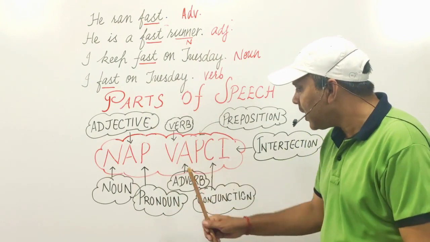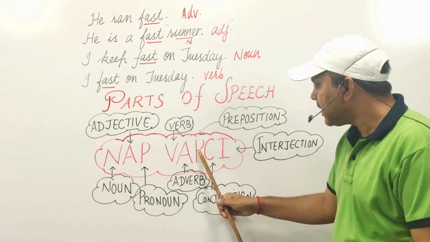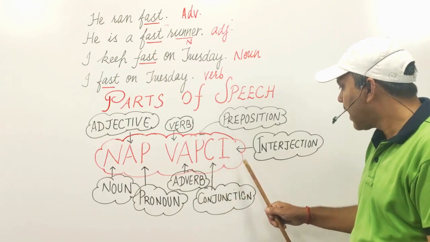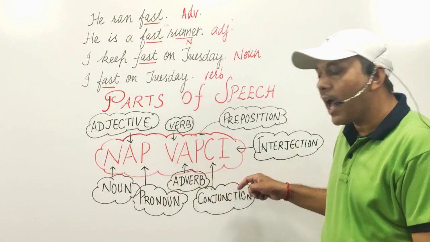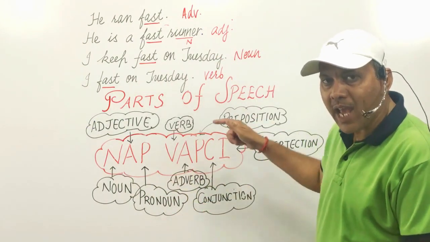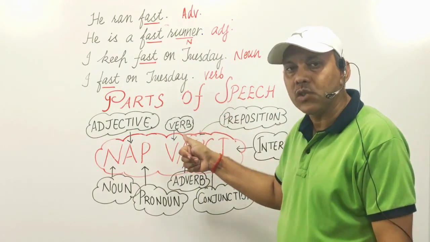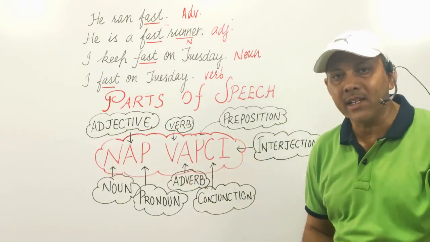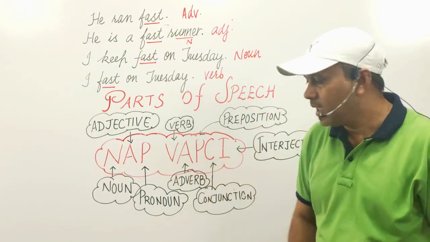And the next, V stands for verb, W stands for adverb, A stands for preposition, P stands for conjunction, and I stands for interjection. Every part of speech has a different role in the sentence, and we have to identify the role of the part of speech in all the sentences. Now, let us discuss some fundamentals about all the parts of speech in a very little quantity.